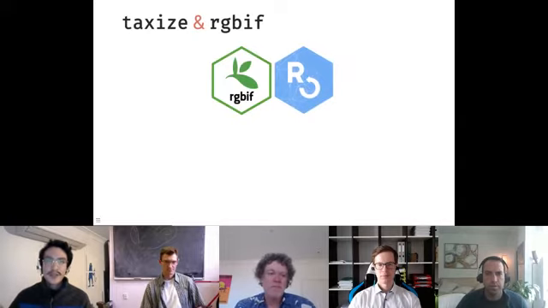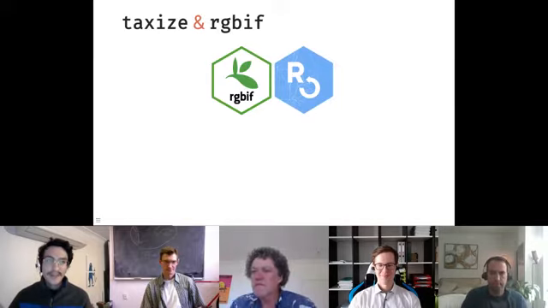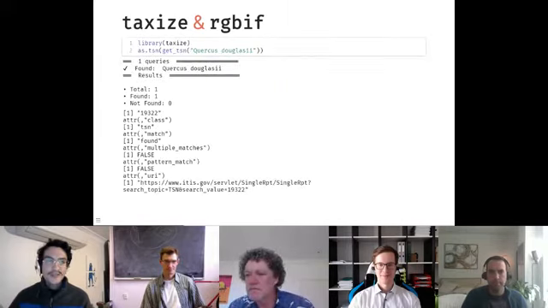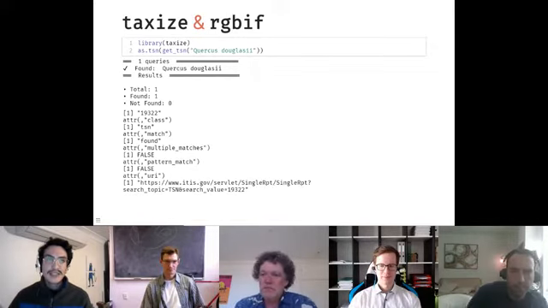Two popular packages for working with and downloading biodiversity data are the taxize package for searching taxonomic information and the rgbif package for downloading data from GBIF. Both of these packages are made by Scott Chamberlain and rOpenSci, and they are awesome, but they are not the easiest packages for a beginner to pick up. For example, the output of taxize provides a list of attributes, which probably looks pretty intimidating for a beginning R user used to Tidyverse syntax.